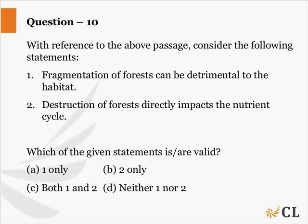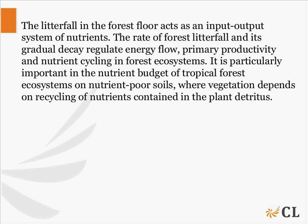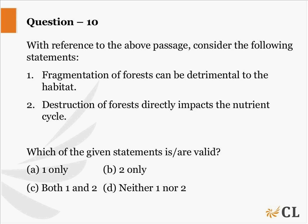7th लाइन, मनीष 7th लाइन में क्या है? 1 2 3 4 5 6 7, या इट सेज डिस्ट्रॉयड दैट प्रोवाइड द इनिशिएशन ऑफ न्यूट्रिएंट साइकिल। मतलब क्या? व्हेन फॉरेस्ट आर डिस्ट्रॉयड द वेजिटेशन इन दैट पर्टिकुलर एरिया इज आल्सो डिस्ट्रॉयड, ठीक है, दैट प्रोवाइड इनिशिएशन ऑफ न्यूट्रिएंट साइक्लिंग। लेकिन उसके ऊपर वो क्या कह रहा है कि एज अ साइक्लिंग ऑफ एसेंशियल न्यूट्रिएंट्स, यानी कि न्यूट्रिएंट साइक्लिंग डिपेंड्स अपॉन द सॉइल एंड लिटर फॉल, यानी कि वो दो चीजों पे डिपेंड कर रहा है, ठीक है। और मेरा पैरा कह रहा है डिस्ट्रक्शन ऑफ फॉरेस्ट डायरेक्टली इंपैक्ट्स द न्यूट्रिएंट साइक्लिंग। डायरेक्टली इंपैक्ट हो रहा है या नहीं हो रहा? अब आप खुद बताओ।